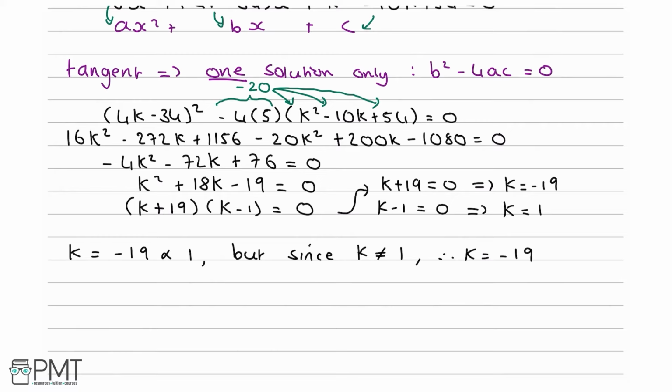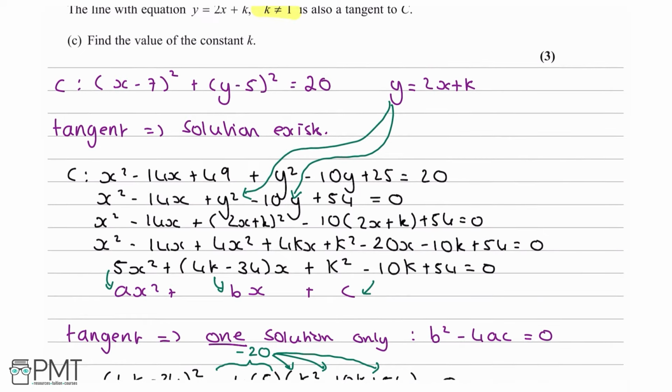So the whole point here is you are showing the examiner that you are aware that there are two solutions, but because of the restrictions placed on k, you can't have k equals 1, and therefore k equals minus 19. This question is worth 3 marks. Your first mark